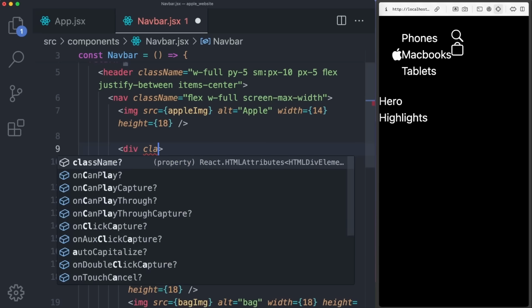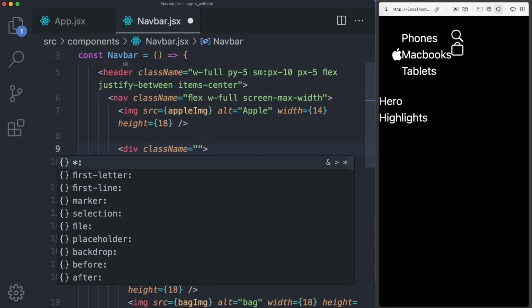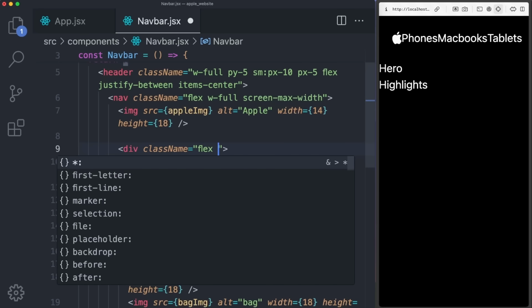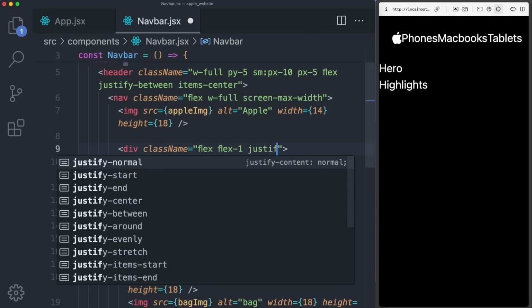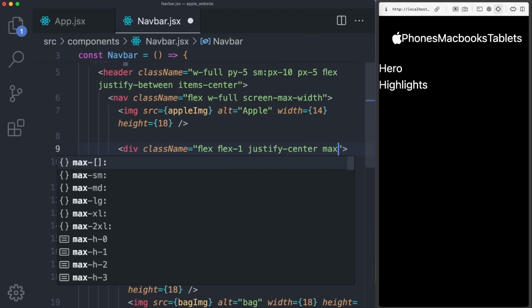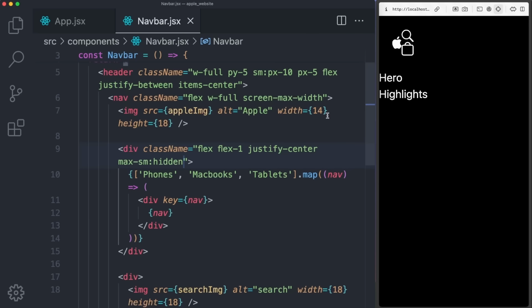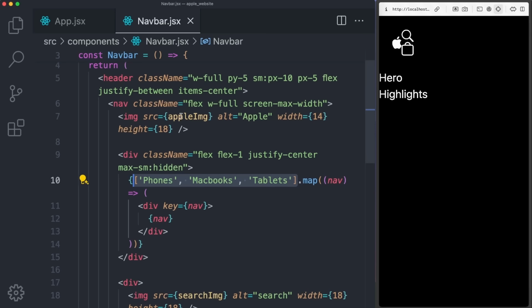Now let's style our class items by giving them a class name of flex. That's going to make them go one next to another. Flex of 1, justify-center, and on max-small devices, so devices with a width of 600 and less, we want to make it hidden because they don't all fit, right? So we can eventually expand it, but for now, we cannot fit them all. Also, it's not good to have this content right here and mess the content with the actual JSX, which we're presenting. So with that in mind, we can